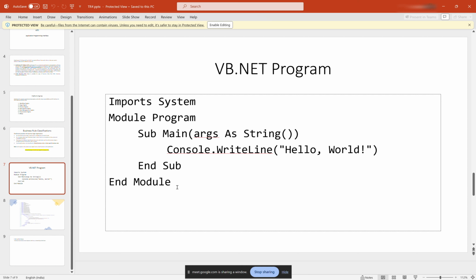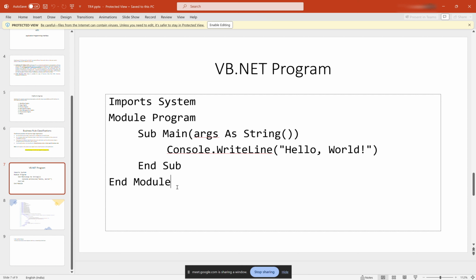Here it is a simple hello world program, correct? I will try to explain line by line what it means in VB.NET: Imports System, what is Module Program, what is the Main function, what is args inside the Main function. So here, the very first line is Imports System,